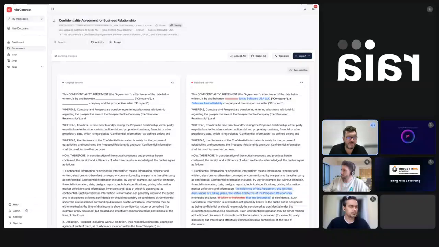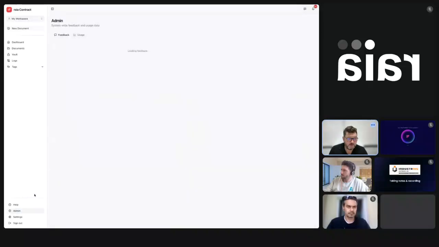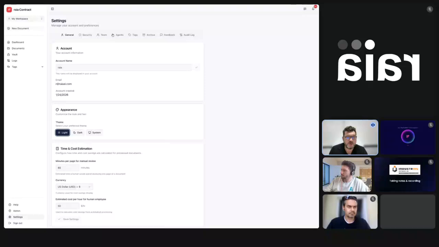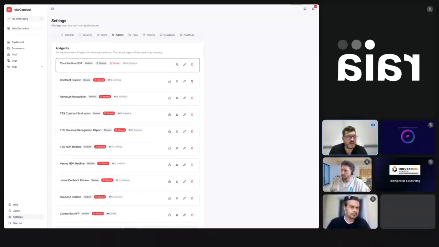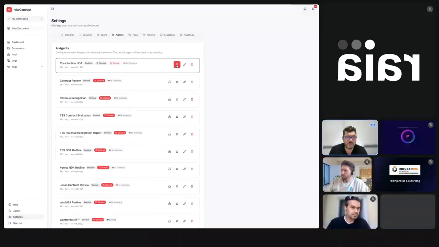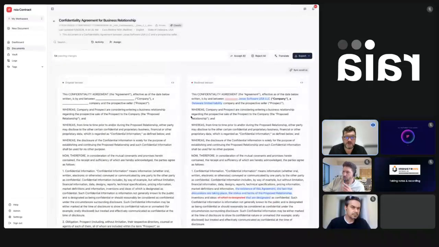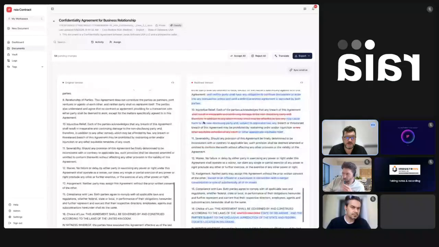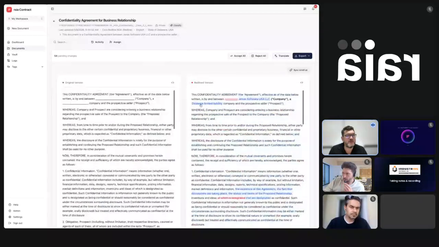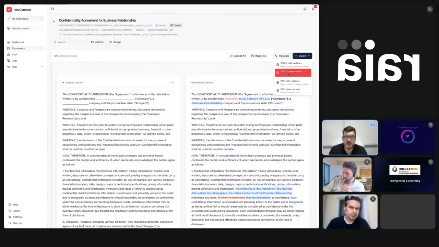So if you wanted to deploy your NDA agent, you could do exactly what we did in Command, right? You go to admin, you go to settings, you connect your agent. So I connected the NDA agent right here to the system, which is in raia CX. I come over to documents, and now I can see it redline and showcase what it does in a visual manner here. Then I can export this as a doc with red lines, and it will actually build a Word doc